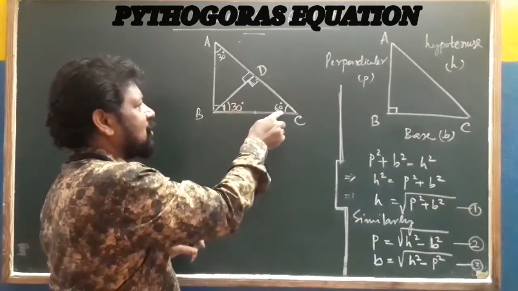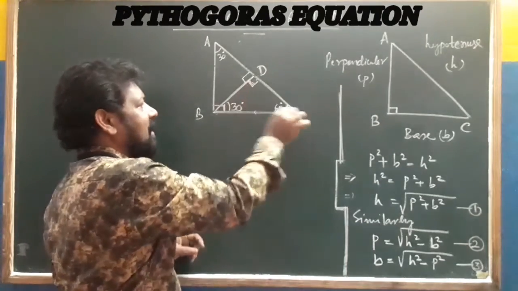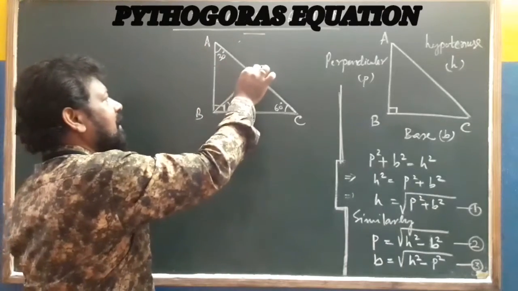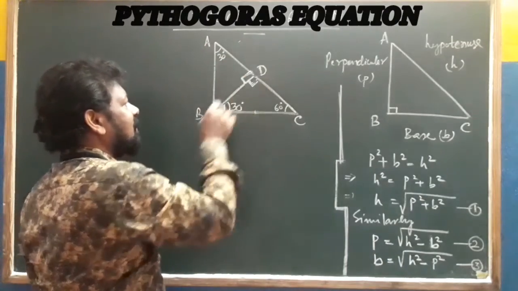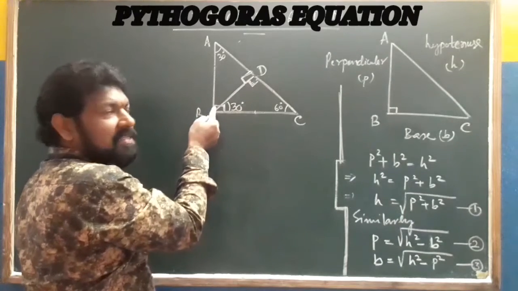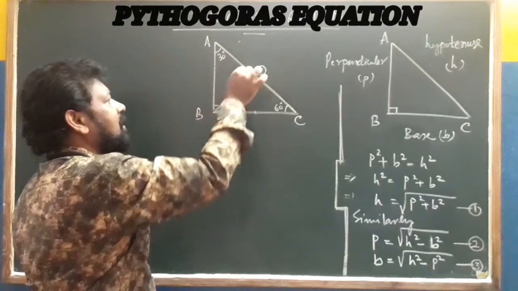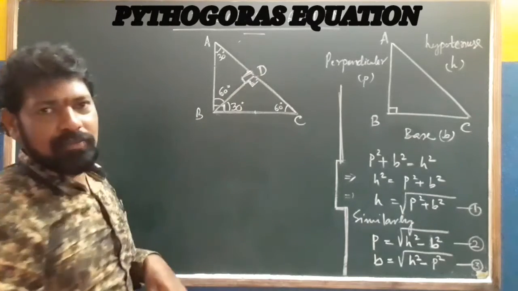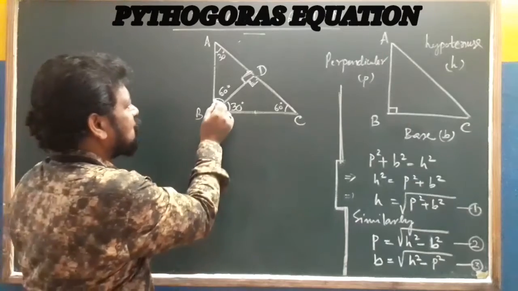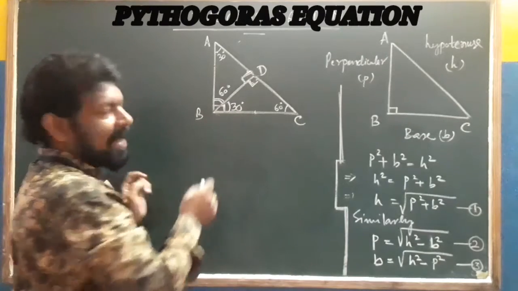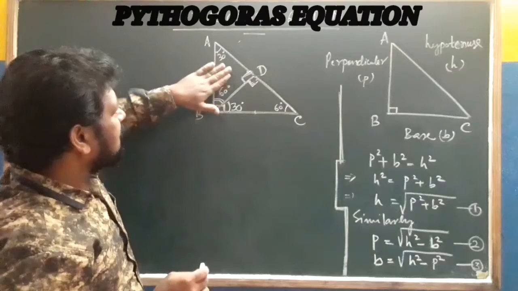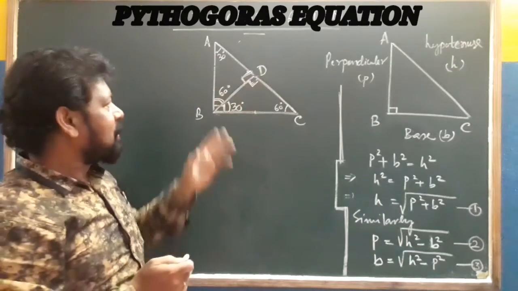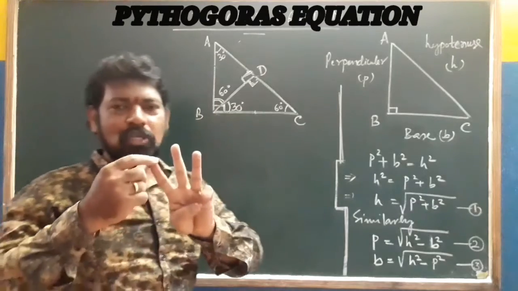This is 90, this is 60, so ultimately this is 30 because it is a right angle triangle. Similarly, going to triangle ABD, in ABD already this is 90 degrees, this total is 90, but this part is 90. In this triangle ADB, this is 90, this is 30, so ultimately this angle will be 60. So the upper part of the angle is 60, the lower part of this triangle angle is 30, total it is 90. So this is a right angle triangle, this is a right angle triangle, and the total one is also a right angle triangle. So we have three right angle triangles.